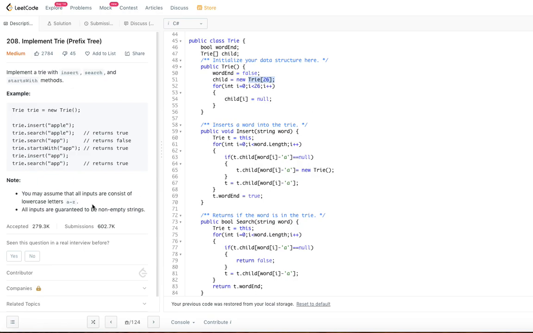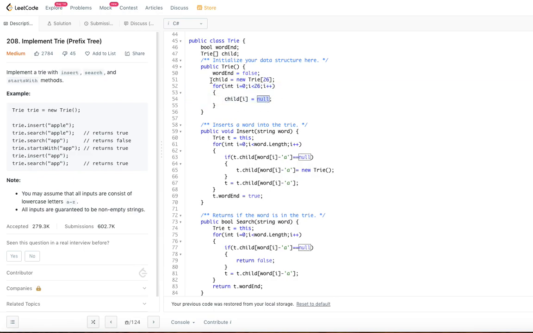So depending on the number of characters in your set of words, you will have to come up with the size of this array. For this particular problem, I came up with only 26, because A to Z.